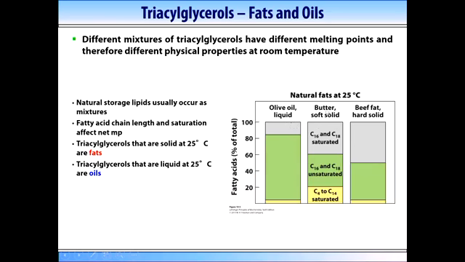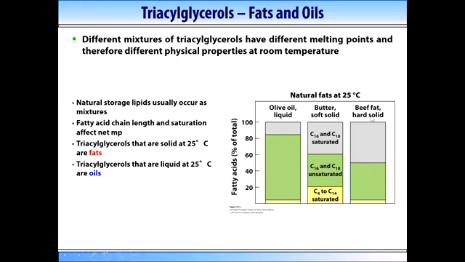Like for example, butter. It's a soft solid which has a relatively large proportion of saturated fatty acids. Again, it's made of triacylglycerols, right? But triacylglycerols themselves are made of the fatty acids. And the butter would have a high proportion of the saturated, but also will have a lot of unsaturated fatty